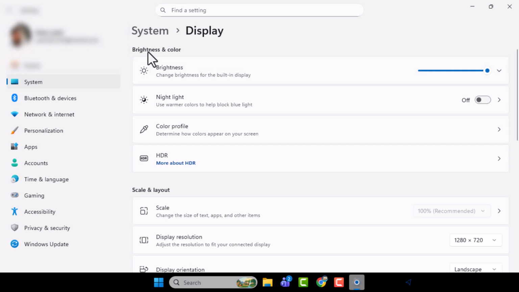Step 4. Click on Display on the right side. This page shows all the options related to your screen, including resolution, orientation, and brightness, allowing you to customize your